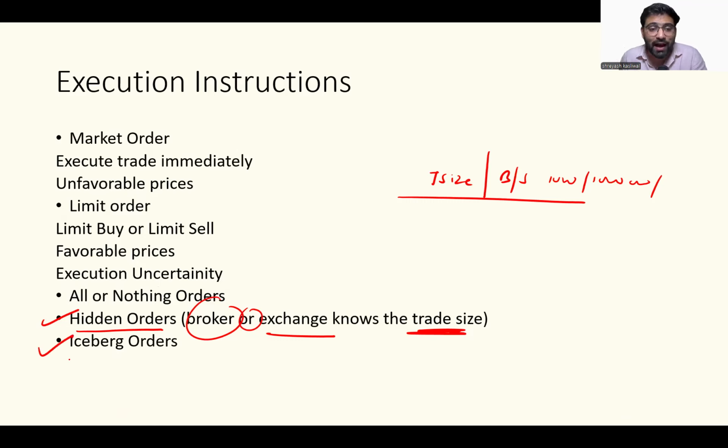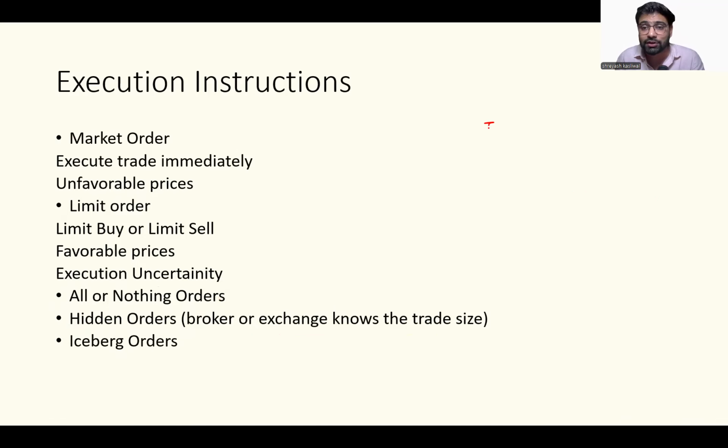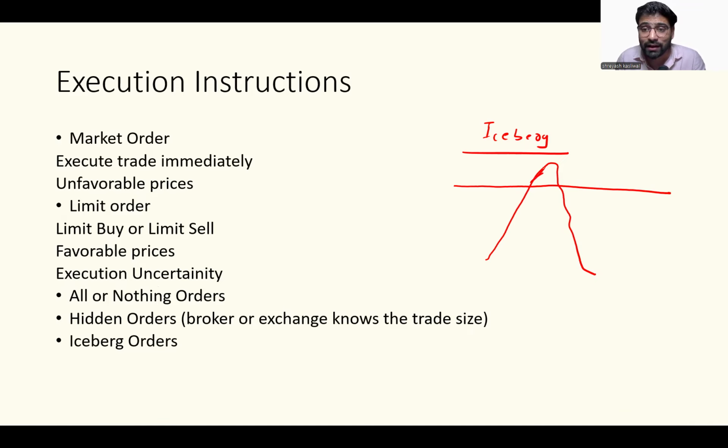And sir, the next type of order is iceberg order. Sir, what do you mean by this? For that we'll have to understand the nature of an iceberg. I'm sure a lot of you have seen Titanic and would understand what an iceberg is. If you look at the shape of an iceberg, icebergs are visible outside the water, and whatever is visible outside the water is only a very small part of it. But the rest of it is hidden underneath the water. Sir, what does that mean? In terms of iceberg orders that we are studying in terms of execution instructions,